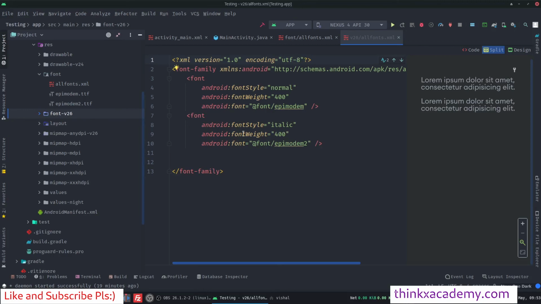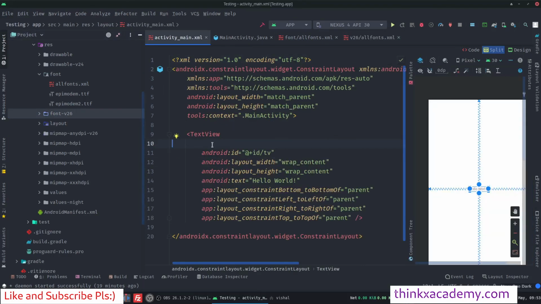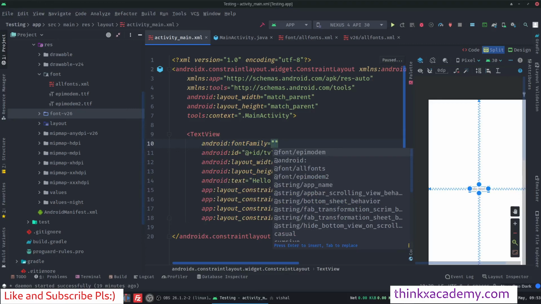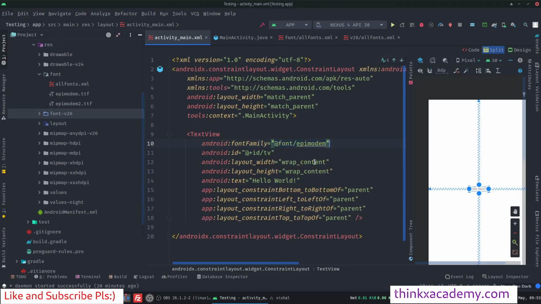Alright, so now let's see how we can include this inside of this activity main, which was the main task. So here now we will have a very simple fontFamily tag, and here it will show you the suggestions, which is Epimodem or Epimodem 2. So you can just click here, and now the text view will get loaded with this font, which is Epimodem. So in this way we can load these fonts.